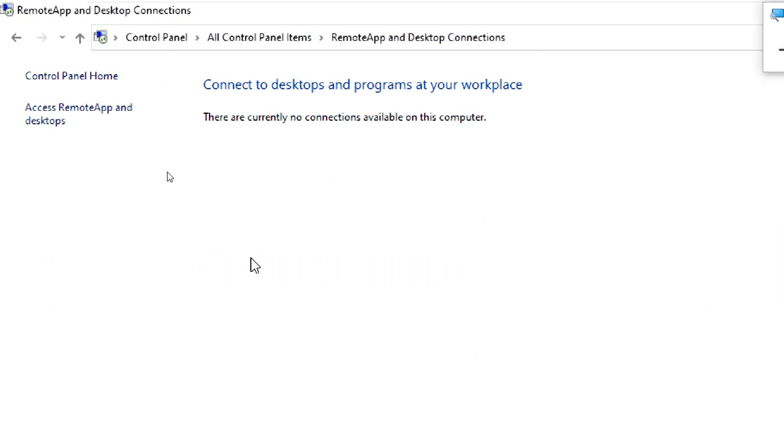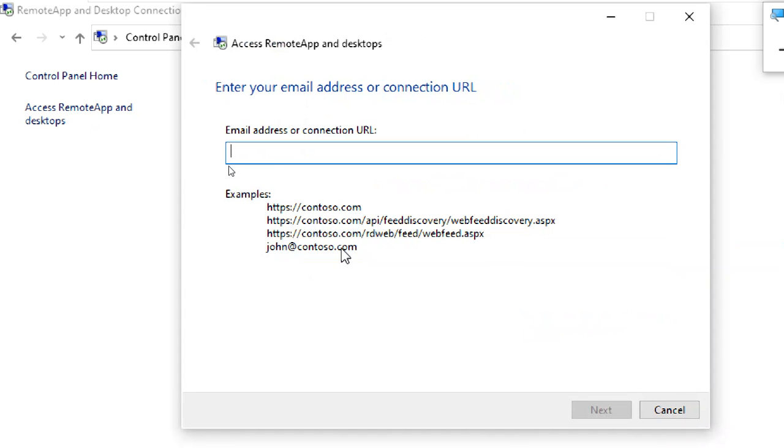Here it is. If you want to access your remote PC, you can access it directly using remote apps and desktops. A remote application means the application is running on a server. If you want to access that application remotely, we can also use remote apps and desktops. We can access it in a URL manner. You can run and access the application here, but it runs on a server. Okay, remote apps and desktops.